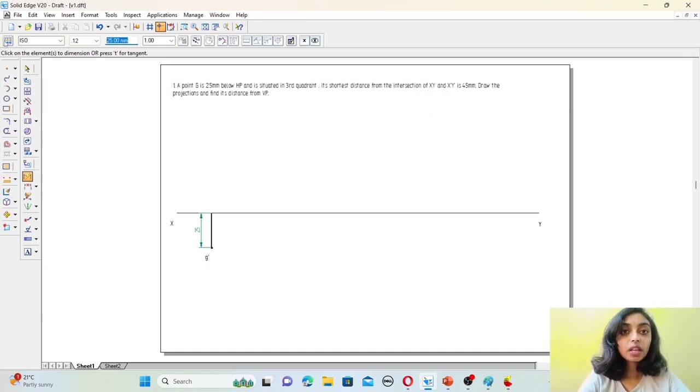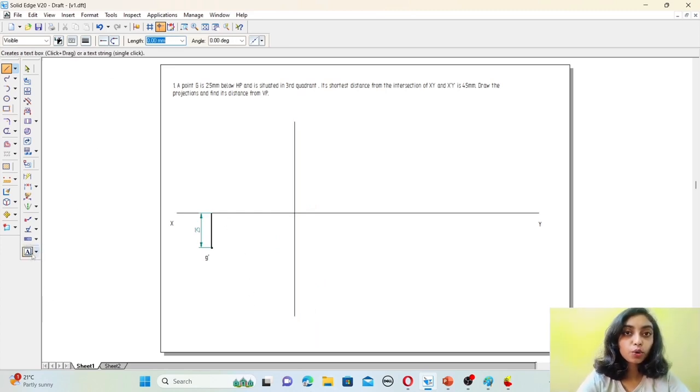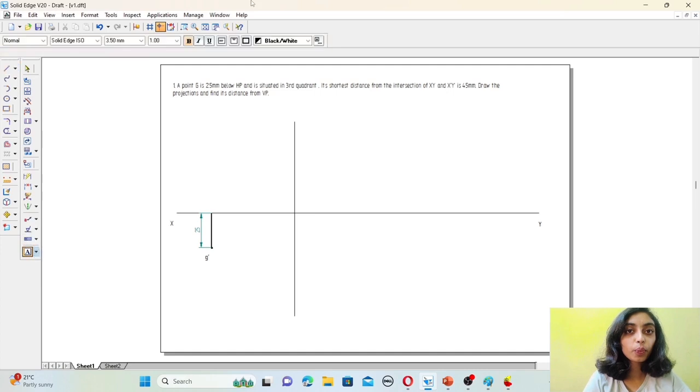So first we need to draw the X dash Y dash line. Go to Line, select 0.13 mm thickness, draw an X dash Y dash line, then name this line as X dash and Y dash.